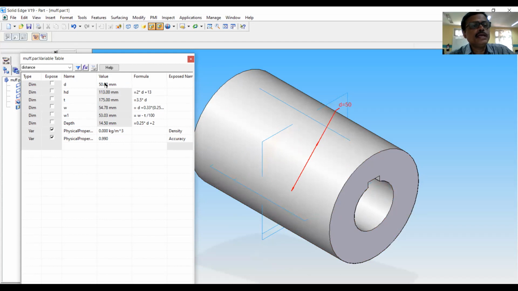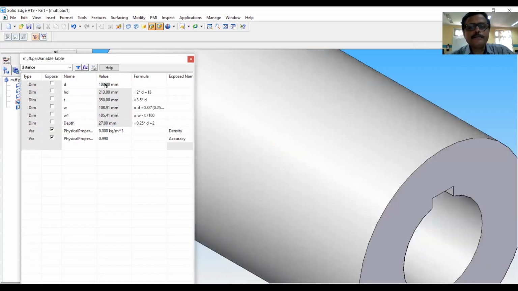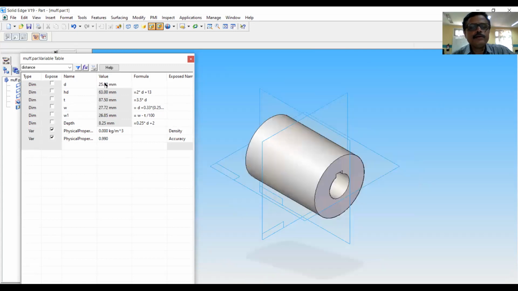If you make it 100 mm, it will change like that. Once again, I will change it to 25. You can see this is the method of modeling with the help of equations.